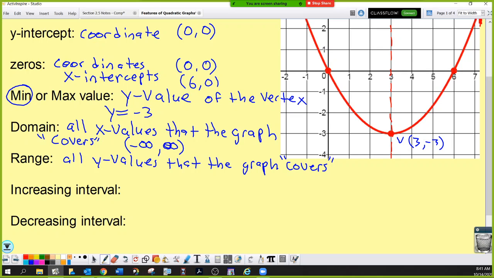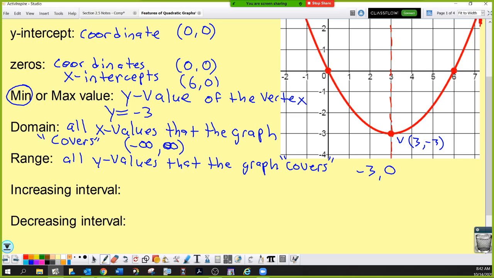Does it cover all of them again? No. How come? Because this graph has a minimum, it does not shoot down forever. It has a smallest, and this says y values, a smallest y value. What is that smallest y value that this graph hits? -3. But it shoots up forever, correct? So it goes from -3